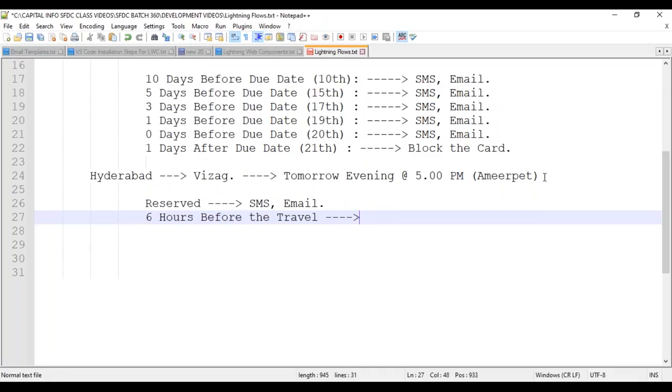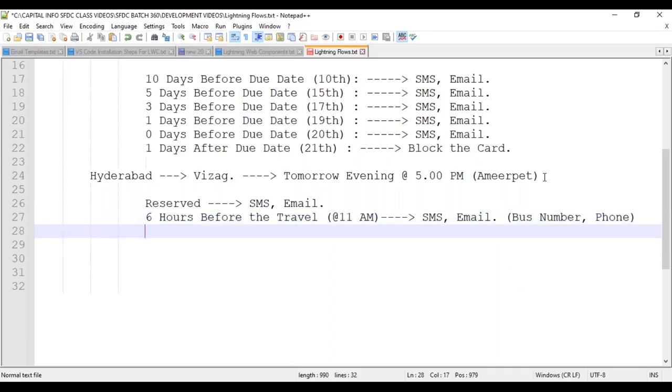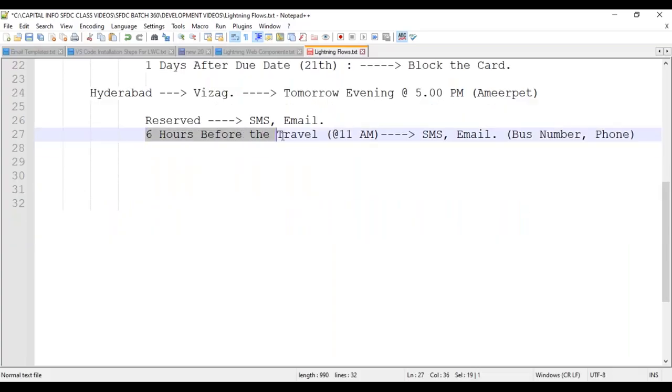That means at 11 a.m., they will send one SMS notification and an email notification regarding the bus number and the contact number, that means the phone number of the driver, to know where exactly the bus is available. So they will send one SMS alert 6 hours before the travel. Next,